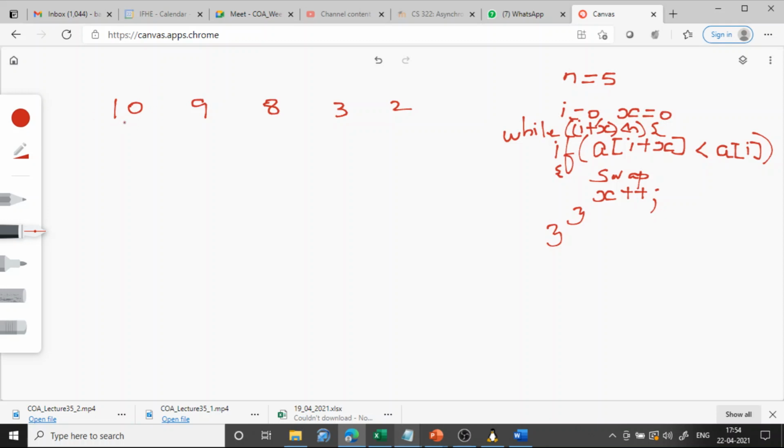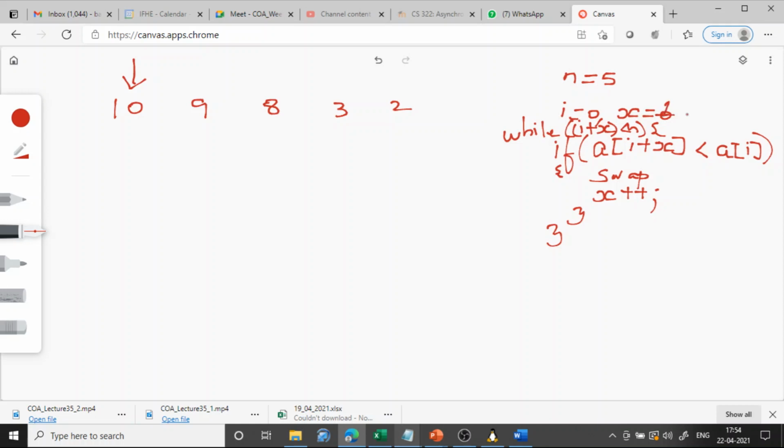First let me do the work. We will take 10, the element at this location, so this is the ith element and this is the i plus x element. x is initially not 0; we will set x initially as 1.